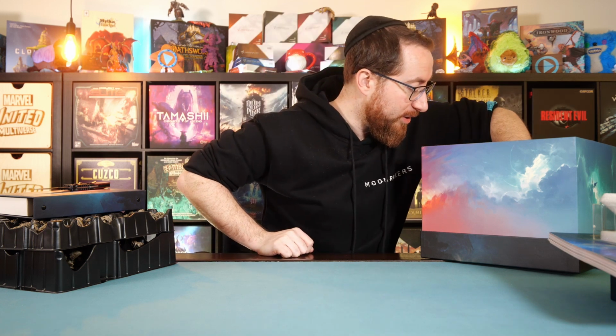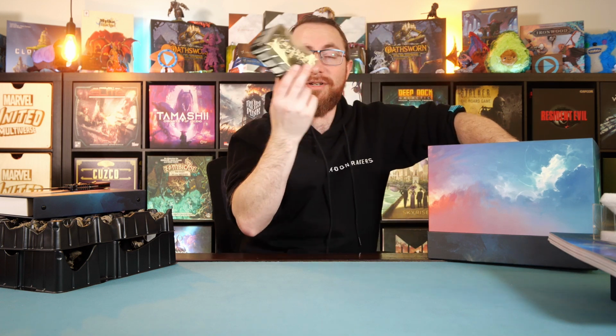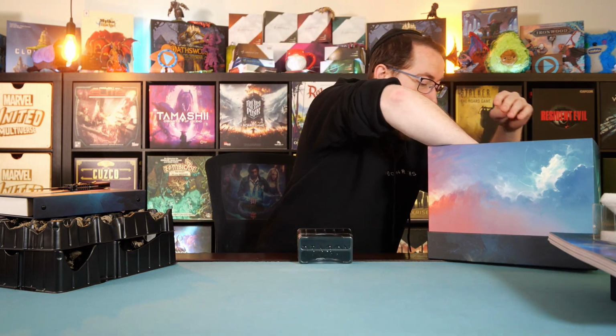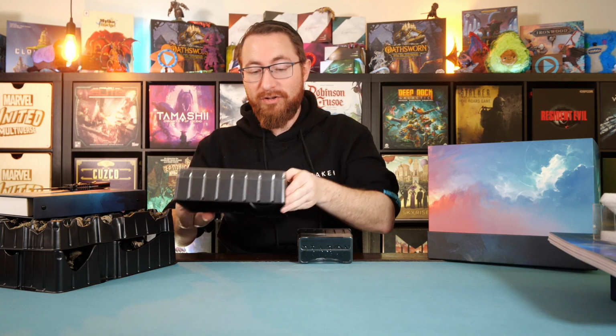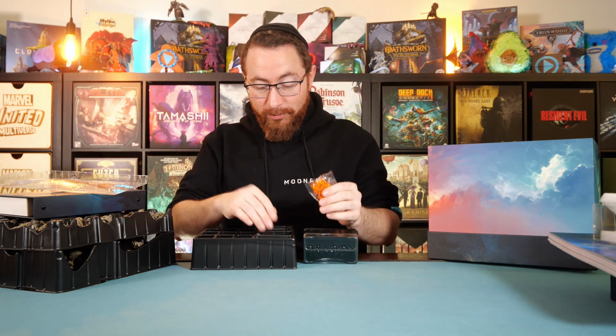Anyways, we have all of these containers over here that I'm going to pull out. We have our little container for cards in some way. We have our container with our gems. Those are going to be the gems. Honestly, I wish the gems were cooler. Like, for a game that does feel pretty premium, I wish these...